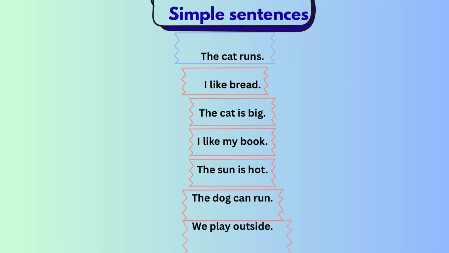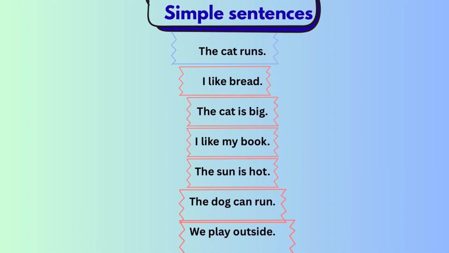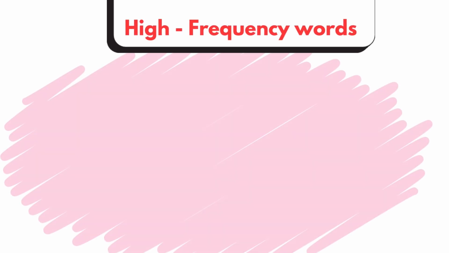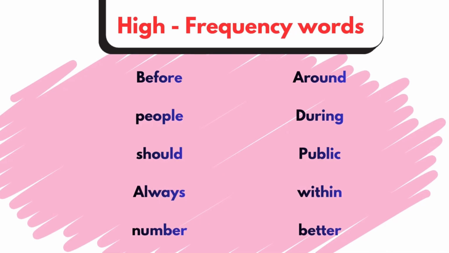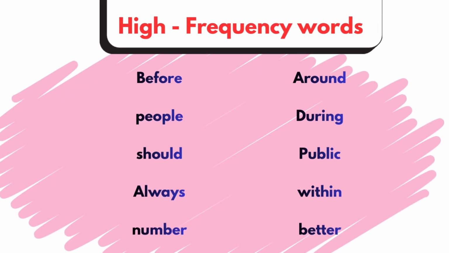We see them written somewhere in books, or a newspaper also. These are the high frequency words you often used to see before. People, should, always, number, around, during, public, within, better. Okay,